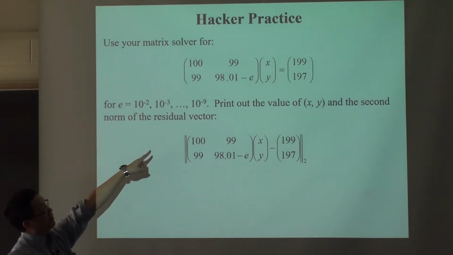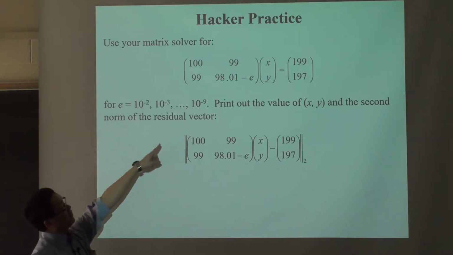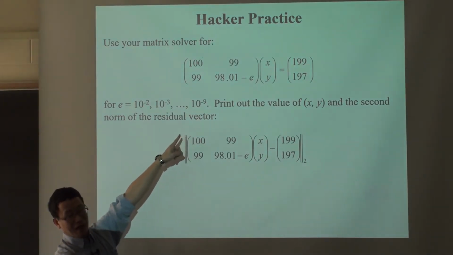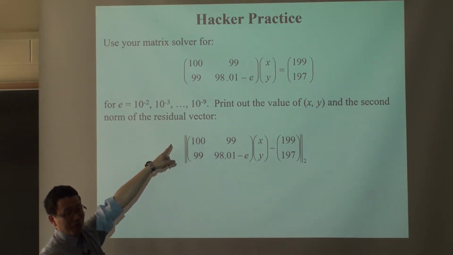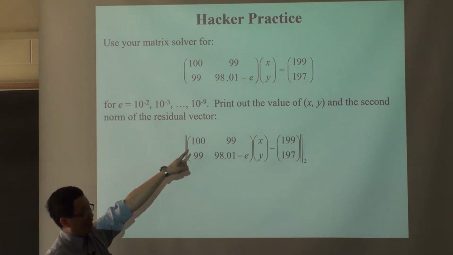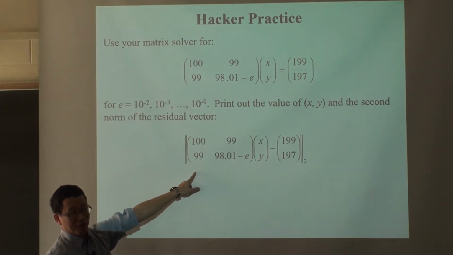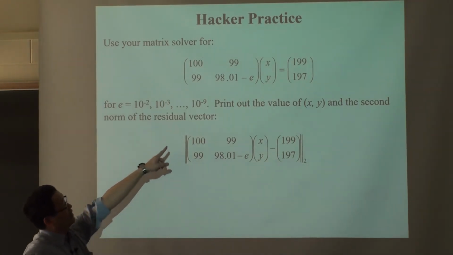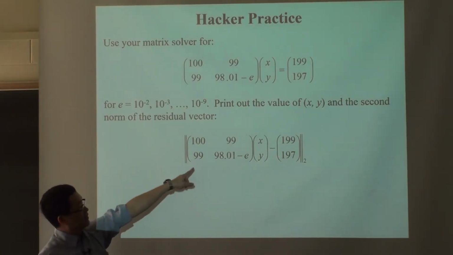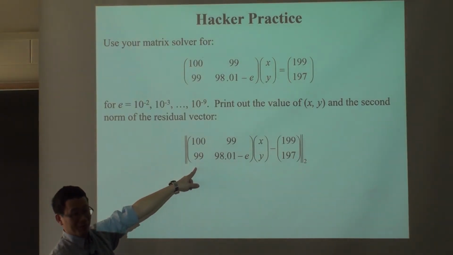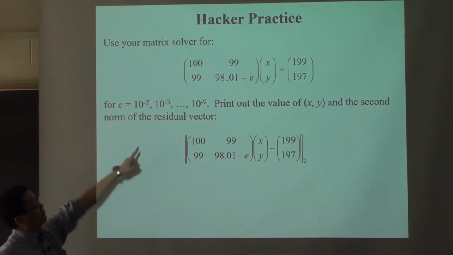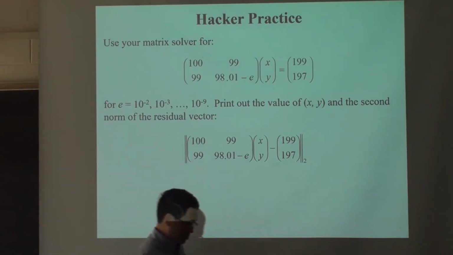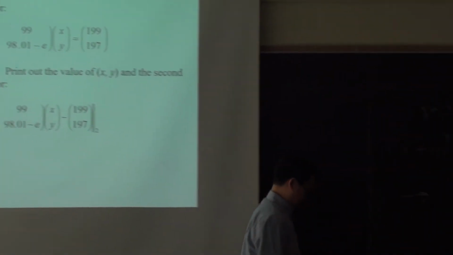Take a minus epsilon, and when you solve the 2 by 2 matrix, however you solve it, there's a very easy solution. Test on the residual vector: how good is your solution? You should expect that when epsilon starts decreasing, this becomes more and more horrible. This is because of the pollution from the matrix conditioning. So let's implement this and see the behavior.